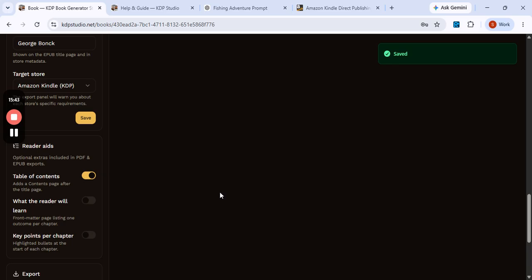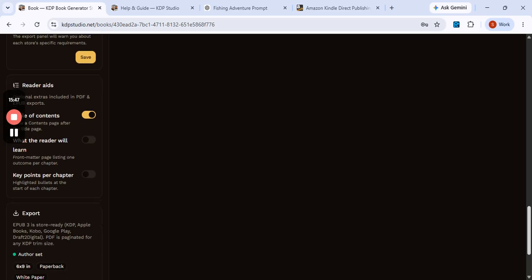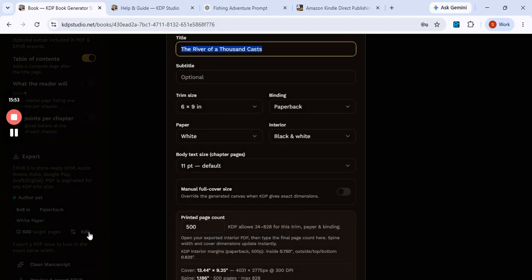There are so many platforms it's for. I normally like putting KDP in it. Save it. Down here, make sure your table of contents is toggled on. You export, click on edit. Everything else is what you had already. The only thing you got to change